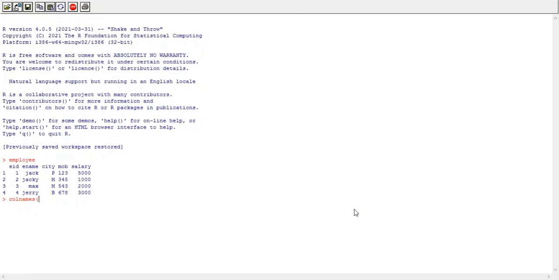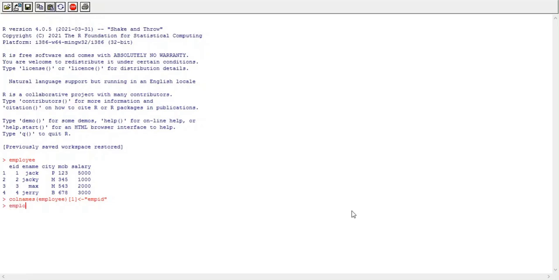So first we'll see how to change the name of single column in a data frame by using colnames function. So first write down the name of function, that is colnames. Then in bracket write down the name of data frame, that is employee. And then in square bracket specify the index of column that you want to rename. So here I want to rename first column, so I am giving index first. So now my column name is EID, so I want to rename it, I want to replace it with EMPID name. Okay, so this is a simple syntax.